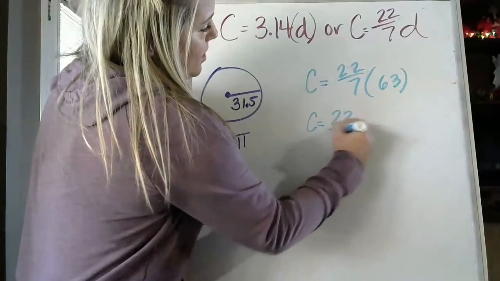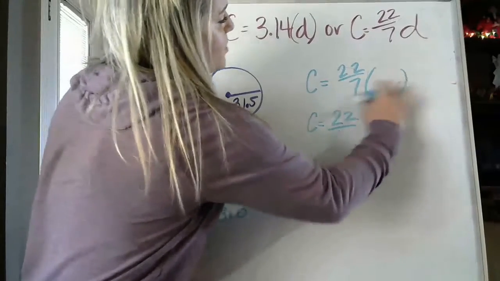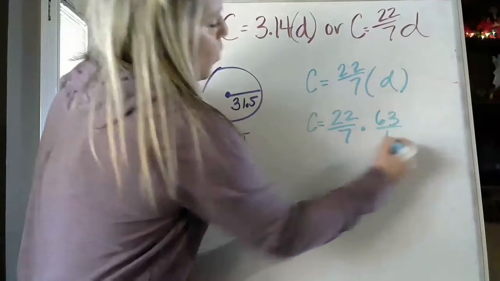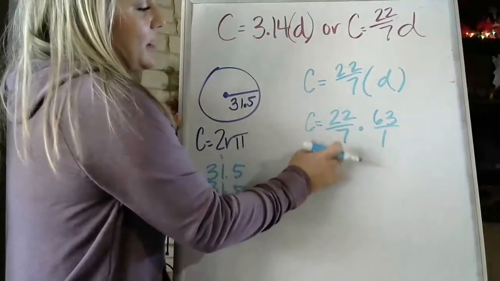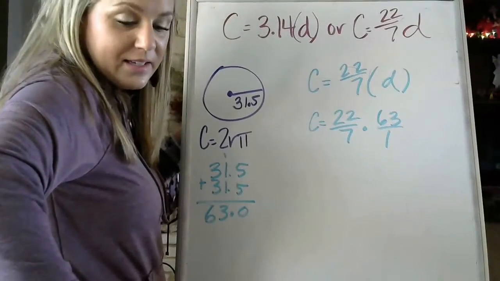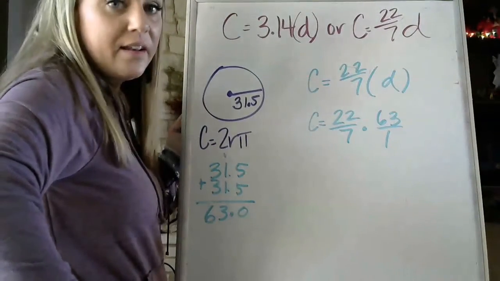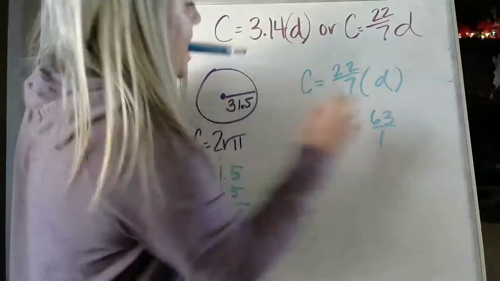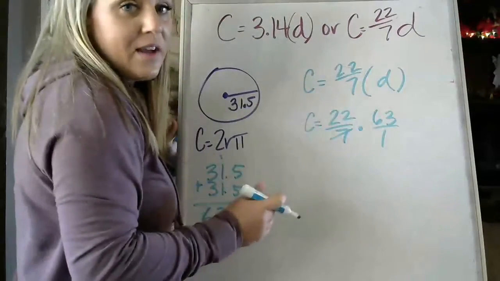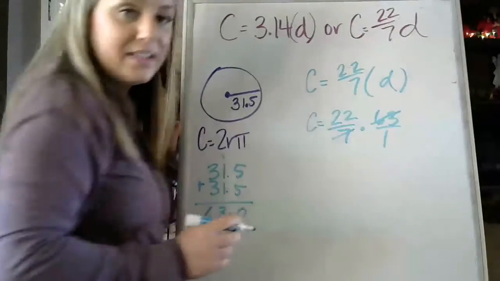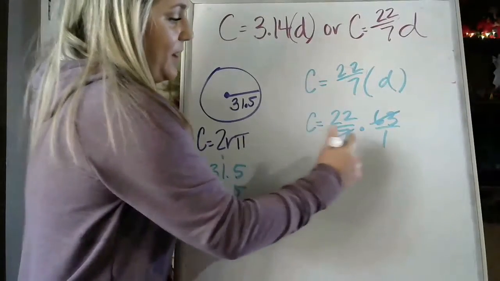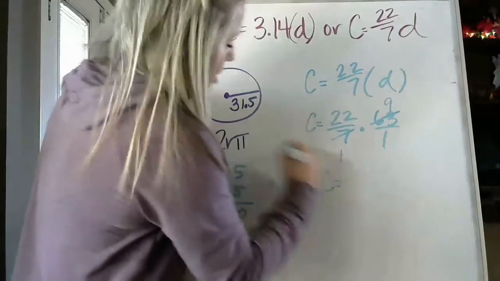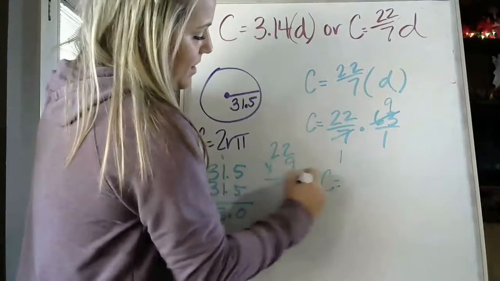So 22 over 7 times 63 over 1. Is there anything times 7 that will give me 63? All right, what is 9 times 7? 63. So I can cross reduce. I can divide the 7 into that 63. 7 divided by 7 is 1, and 63 divided by 7 is 9. So then all I have to do is 22 times 9,